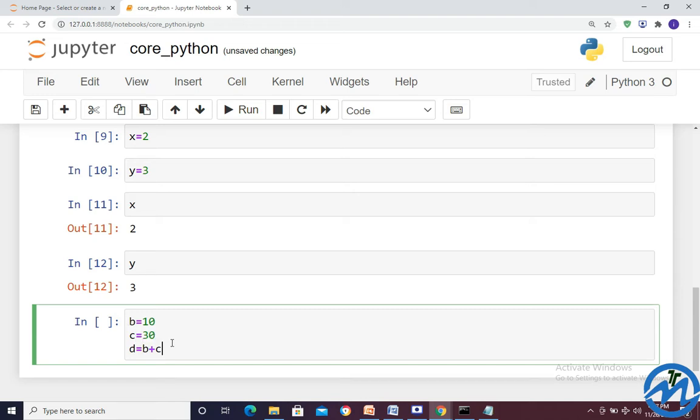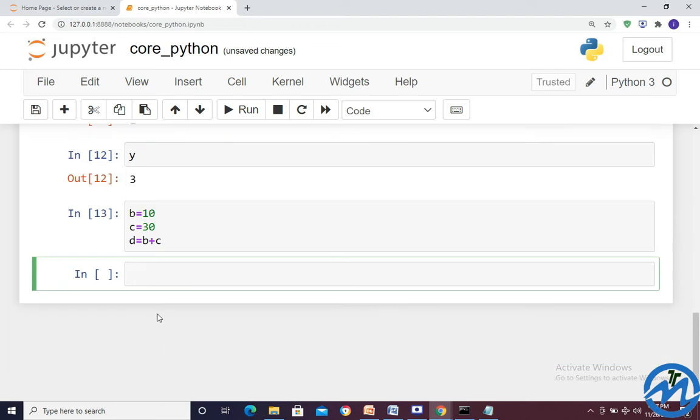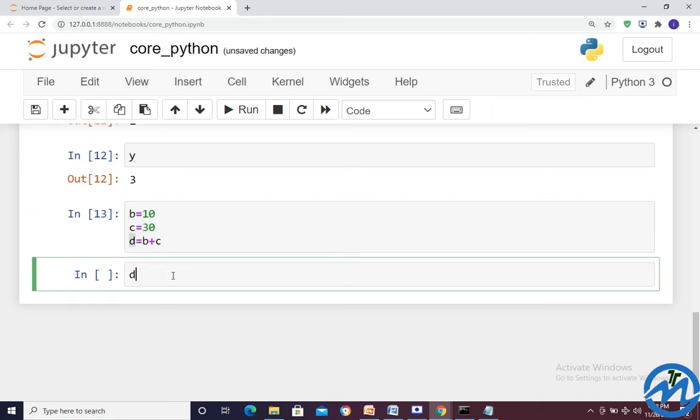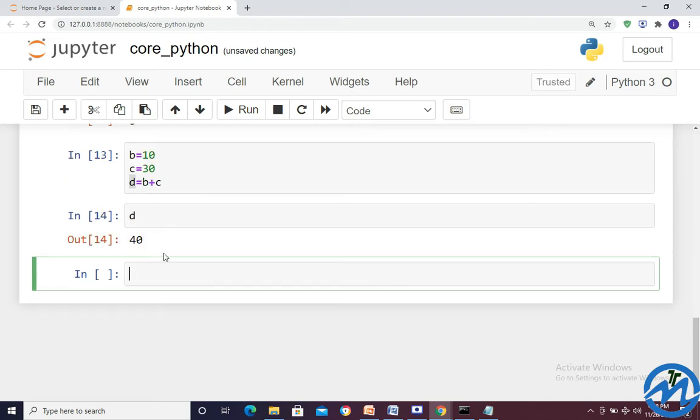And I have written d is equal to b plus c. Enter. Shift enter. When I click on shift enter, that means I didn't get any error, even I didn't get output. That means this data got configured. Now I just wanted to call my d, 40. So that means it's fine, everything is good, correct? We are going in a proper manner.